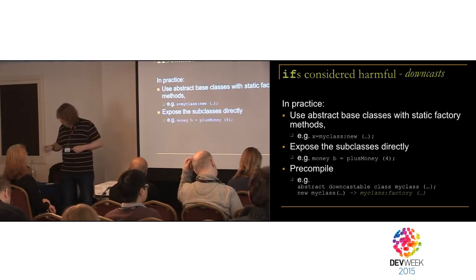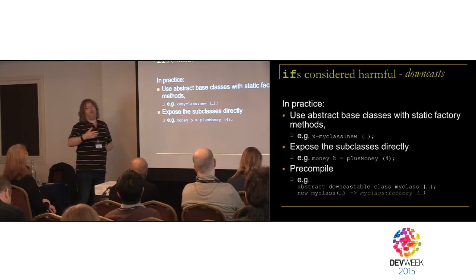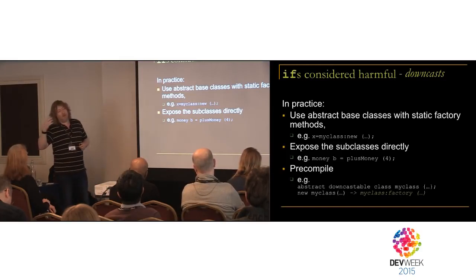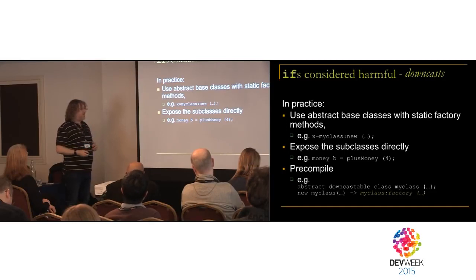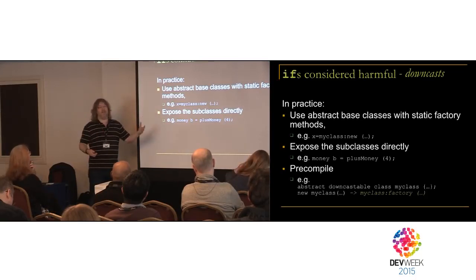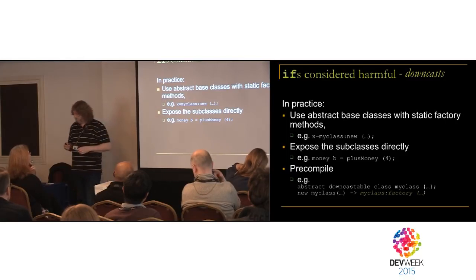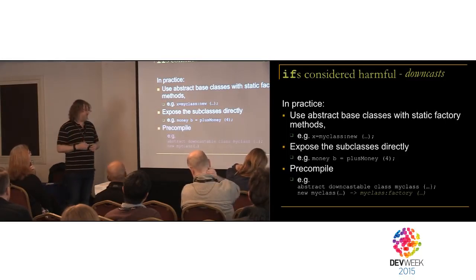In fact, in C#, it's the only way to downcast like that, because when you do C#, every time you call a constructor, that's what it gives you, and it's not like in C++ where you can downcast. You're stuck with it. You can expose the subclasses directly. We saw examples of doing that earlier on in some of the previous examples, but you can actually just create the subclass of whatever you want if you know what you're doing. So you can actually bypass the factories if you're careful. It's not so good, but...